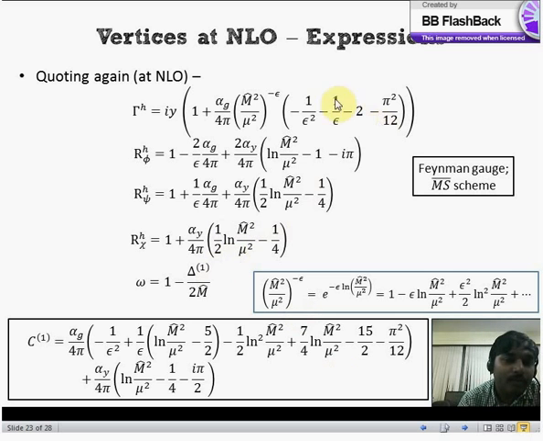So this is simple, and then I quote results from the paper, and these can be calculated. There are poles over here, and there are double poles given by the 1 by epsilon square term over here. You put all of this together, and C at NLO is found to be this. Now this still has the double pole and the pole given by the 1 by epsilon term, and this will be important in a couple of slides because they'll cancel amongst each other,